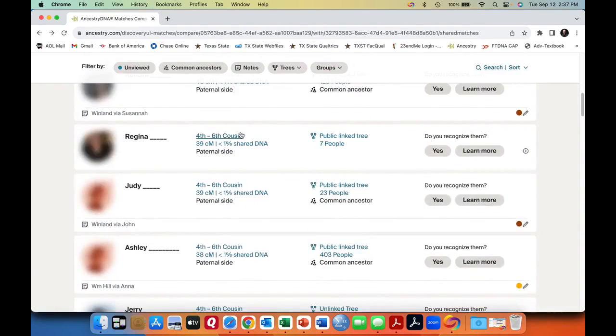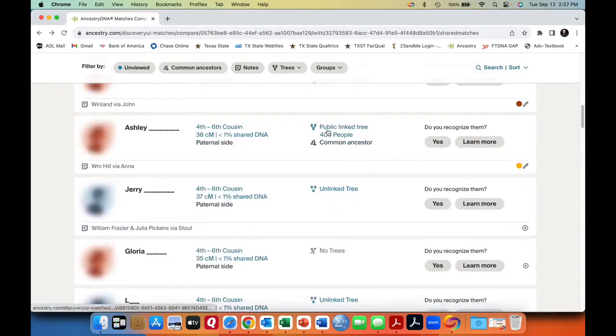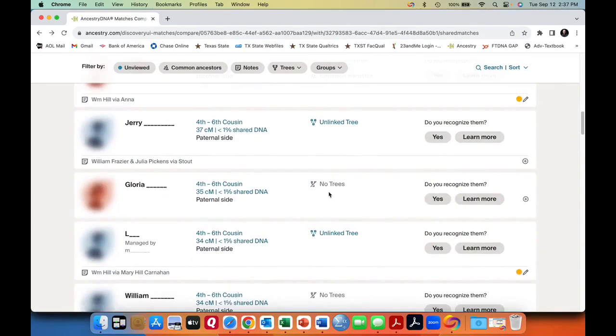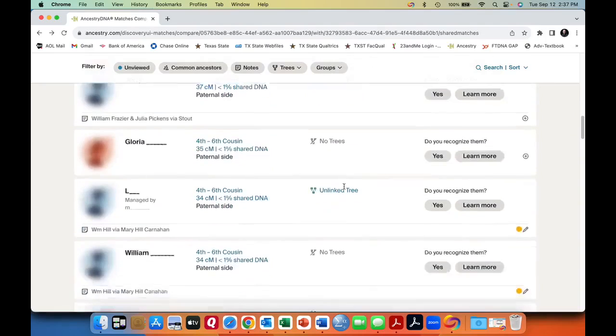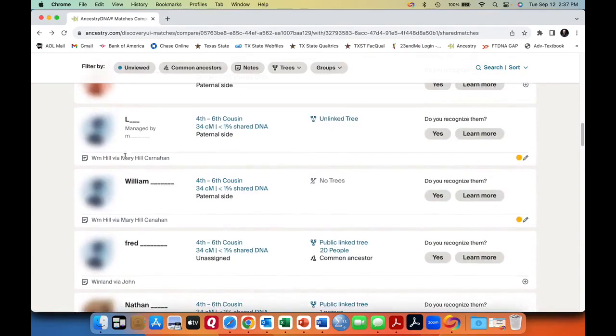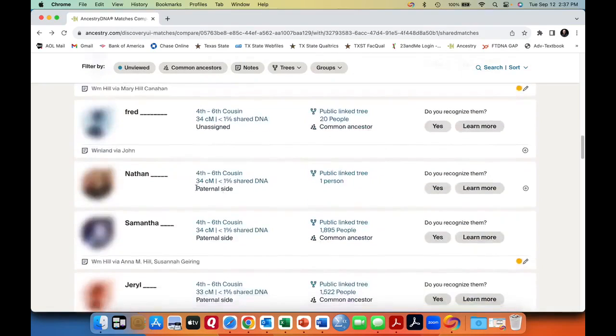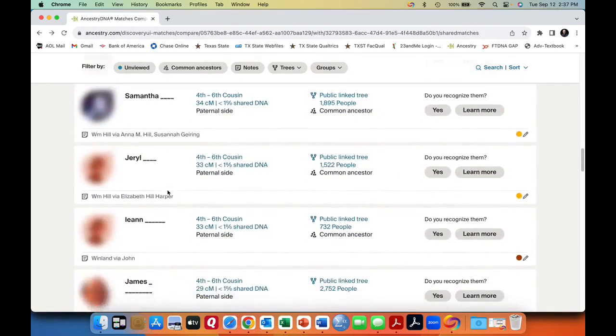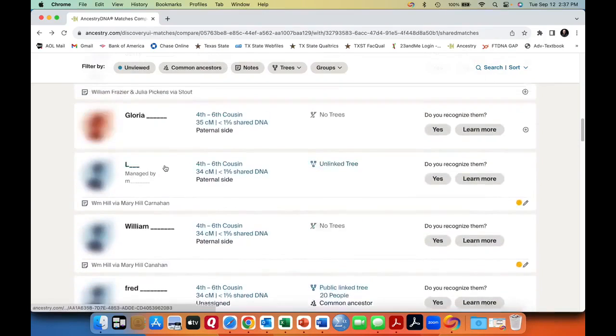And what I will do then, for the ones that have an unlinked tree or no tree, is reach out to them and try to build trees for them. And you can see here's one that's an unlinked tree, but I figured out that it's on my hillside, and I'm going through all of these and making notes. What you will notice here is that through a lot of them,